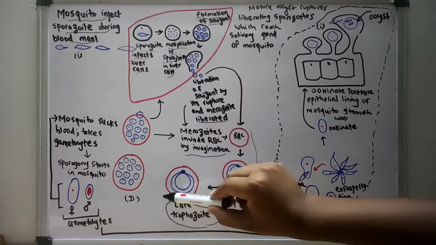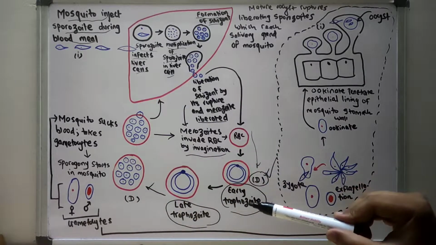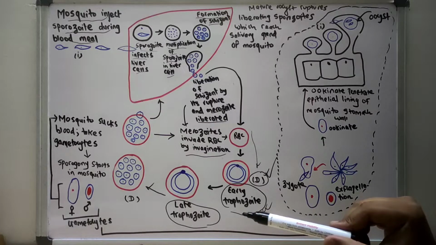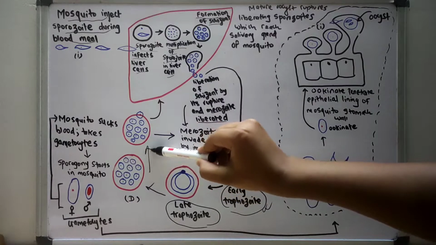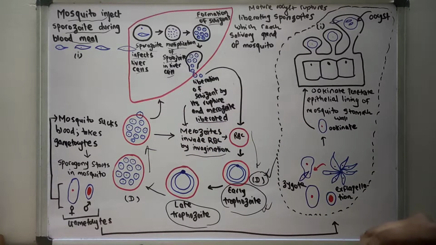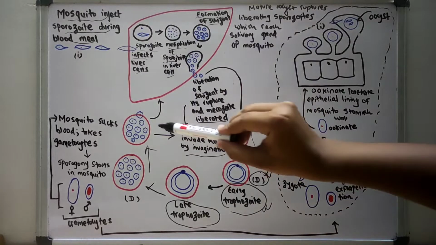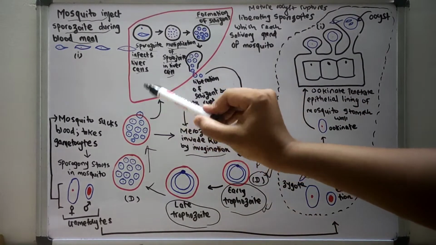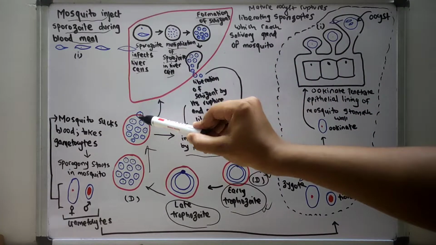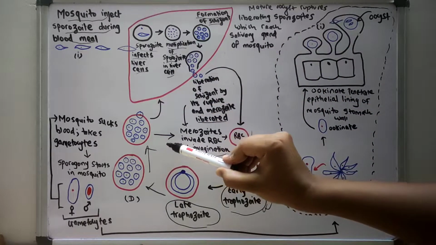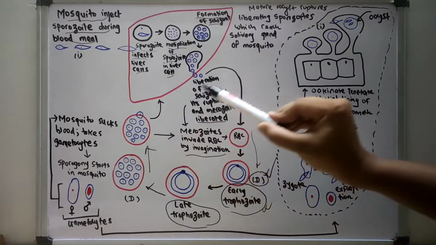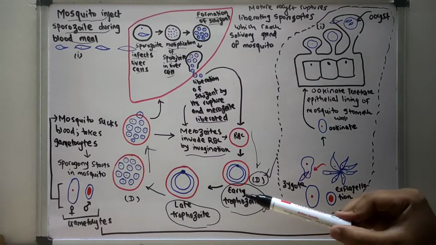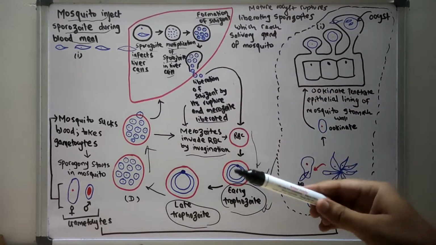After the late trophozoites, there is formation of the schizonts in the RBC, and in the schizont there is rapid multiplication. After the rapid multiplication, the RBC cannot contain the schizont, and there is rupture of the schizont, and from the RBC the merozoites are released, you can see, and those merozoites can again invade the RBC and go through the erythrocytic schizogony,